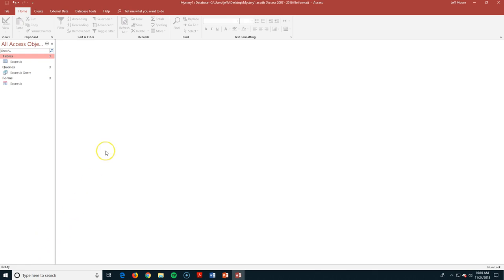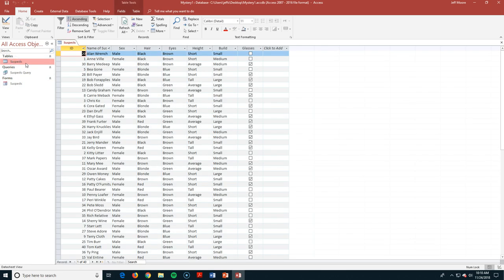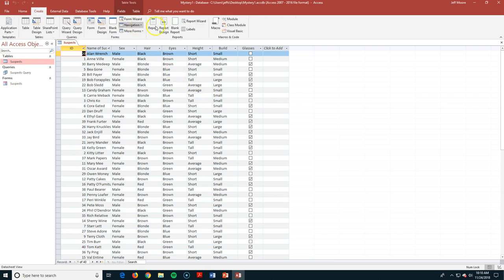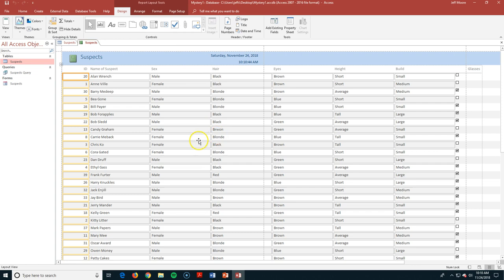Okay, we need to talk about reports, and then that pretty much will finish up our databases here. I'm back in my opening view with none of my tables or queries or forms open. If I open up my suspects table, I can create a report that will show me in a little bit nicer form what all my information is in this. So I'm going to go again to my Create tab, and here in my Reports group I have a couple of options pre-built. Let's go to the report, just standard report,